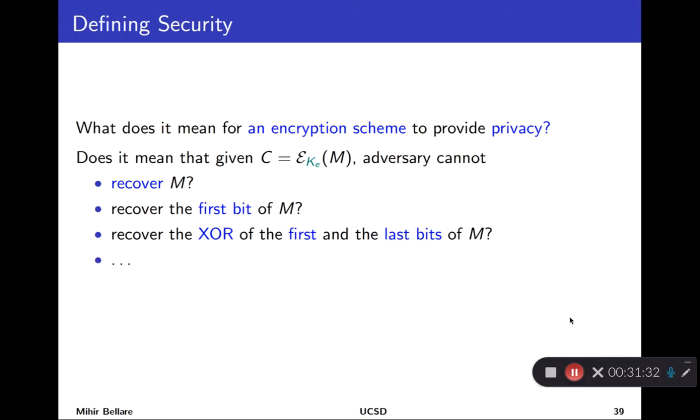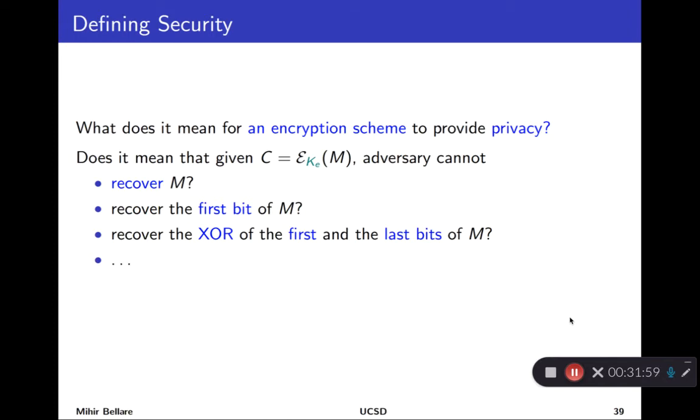The question we're asking is, what is it that, if the adversary does it, would upset us? What is our security goal? The most obvious is if the adversary somehow finds the message. Even though it doesn't know the key and it didn't a priori know the message, once you give it the ciphertext, it does some clever stuff, some computing as well, and it finds the message. That would be bad, clearly. We all could recognize that.